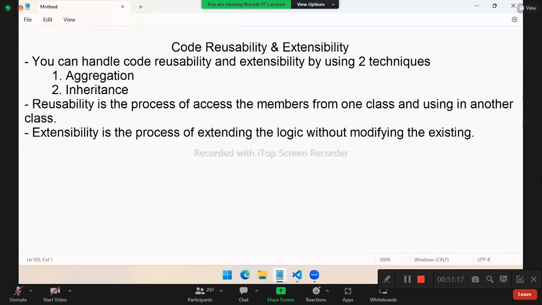So extensibility means extending the logic without modifying the existing logic. Without modifying, how can we extend and how can we reuse? We will see that. We have two things: aggregation, and another one is inheritance. Aggregation means,